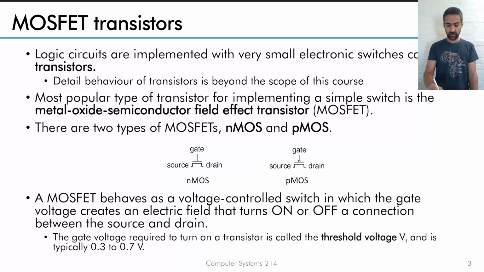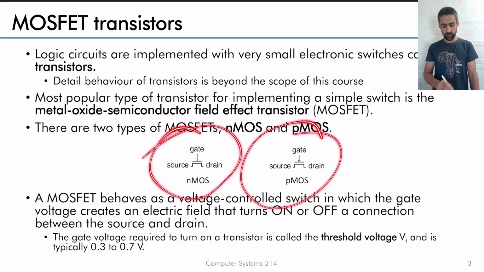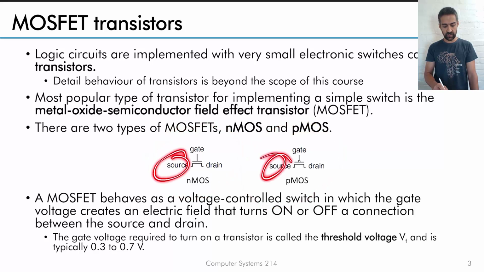So just in terms of the definition of these transistors, you will see there are two types. The one is the nMOS type on that side there, and then the pMOS type. They both have a source and a drain and a gate. And this gate is really the thing that says turn on or turn off. And we're going to work at a very high conceptual level where we're just going to say you either apply a voltage or you don't. So a high or a low voltage to the gate,